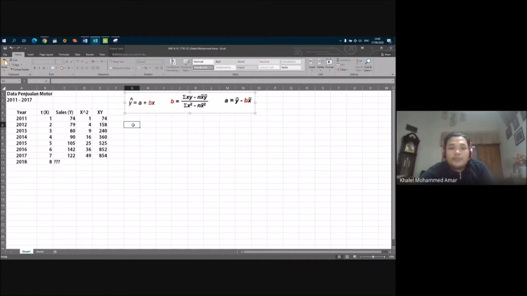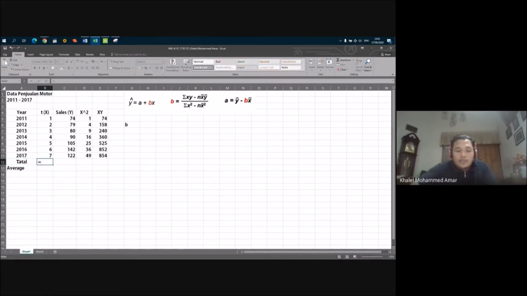So the B is sum of X, sum of XY, and the average. So we see here in the formula there is summation and also the average. So from the data we will first need to summarize it. Sum, or we can say total, and average.